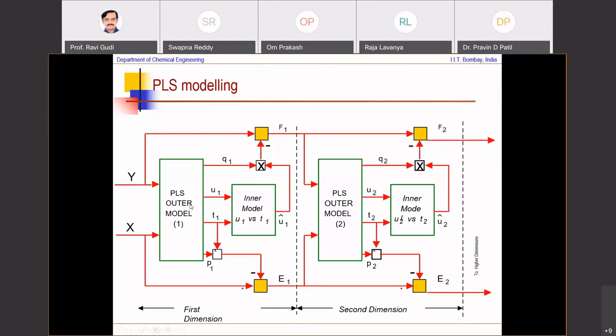So, what this helps you to do is, where I was, when Y is also collinear, X is also collinear, Y is equal to X theta. When I try to do that, it's not robust. So what I do is I try to extract the independent components through U1 and T1 in Y and X respectively, and build an inner relationship in the first linear combination. What is left, I try to build in the second linear combination. And I keep on doing this in such a way that I effectively deflate the correlation in X that is explanatory of the correlation in Y.